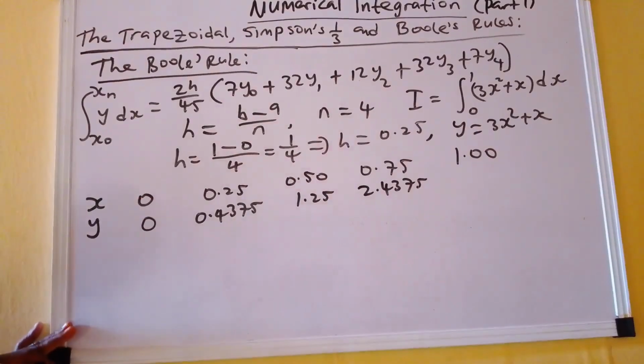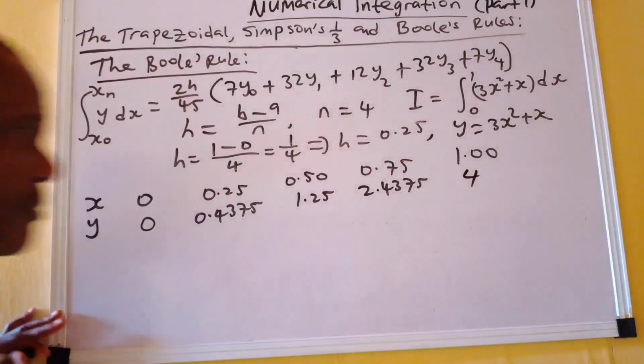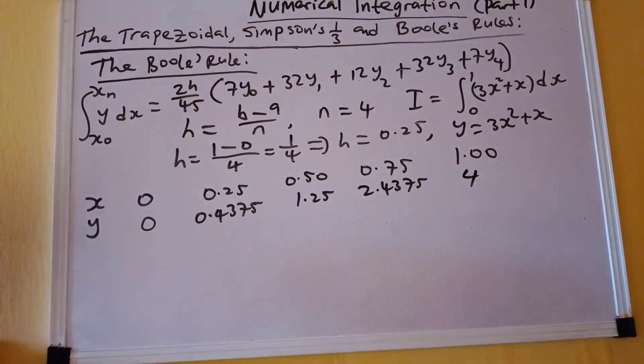2.4375. And again, when x is 1, 1 squared times 3 will be 3 plus 1, and that will be what? 4. It's as simple as that. Now that you have created this table,